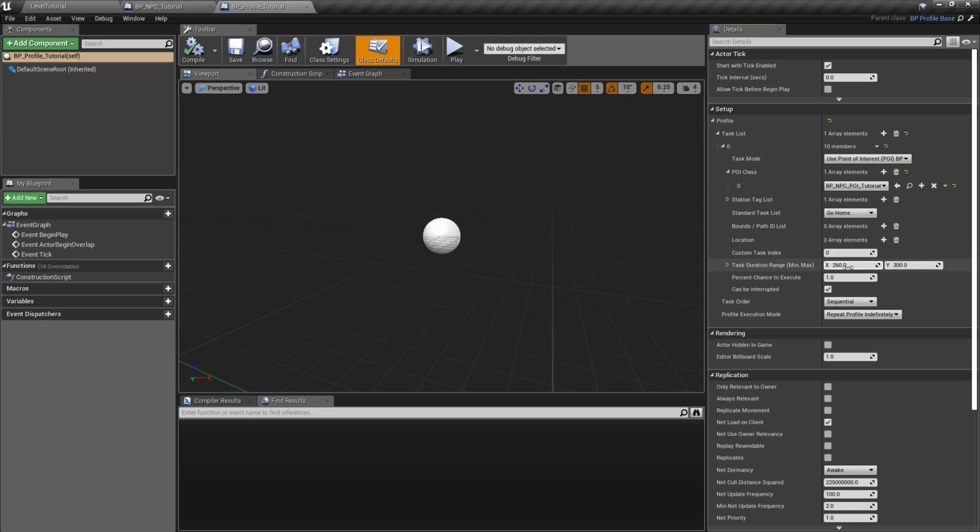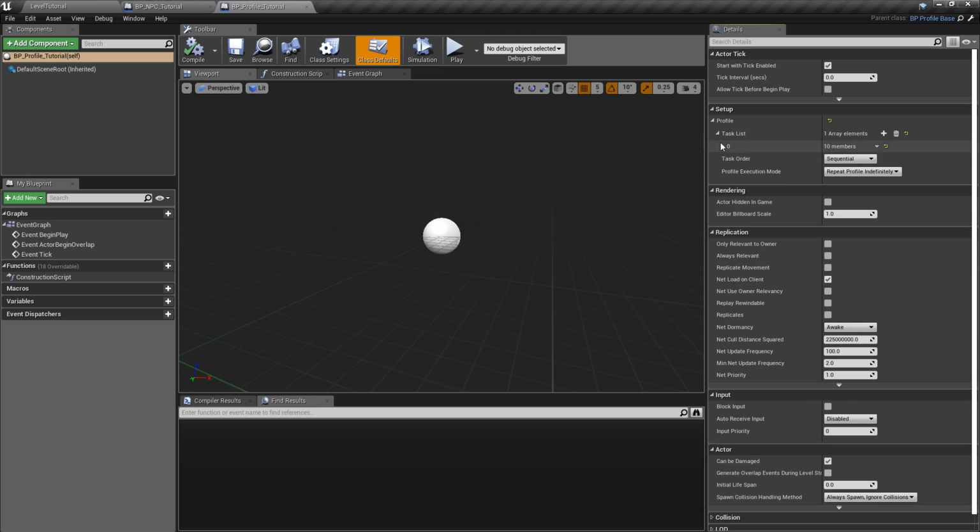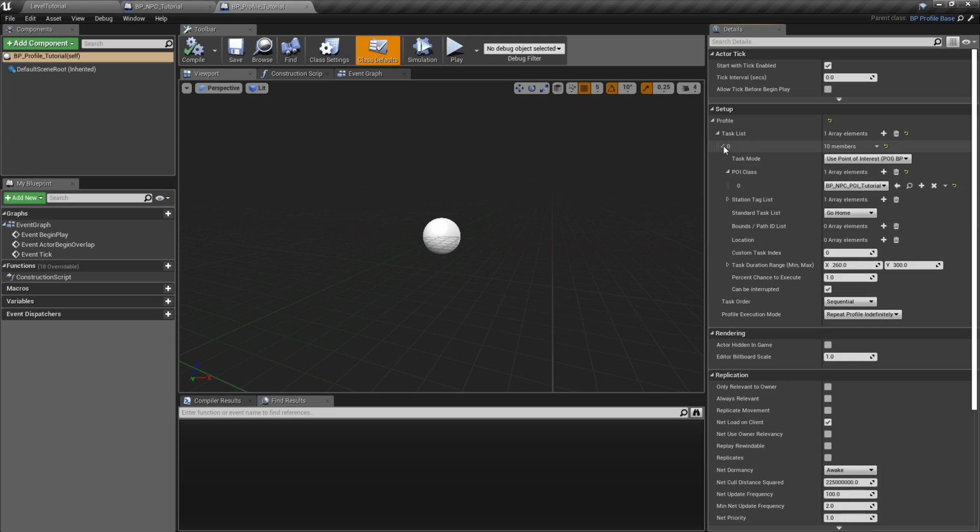And then once it finishes this, it'll go to the next task. If there is no next task, then it'll go to the mode here, and then if it says execute profile indefinitely, it'll restart the task again. That's pretty much it. There are other settings here that we're not going to look at, but I do want to mention percent chance to execute,